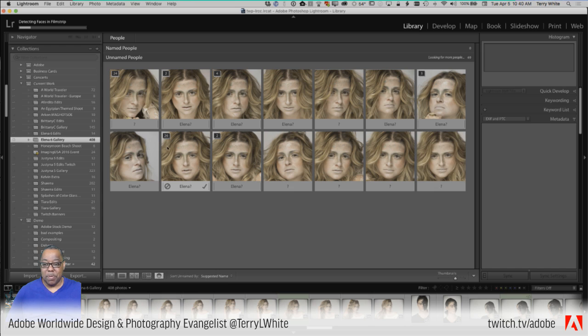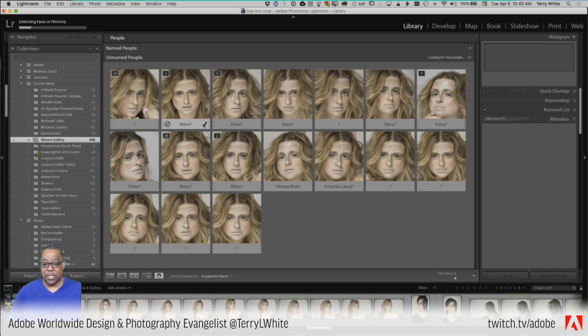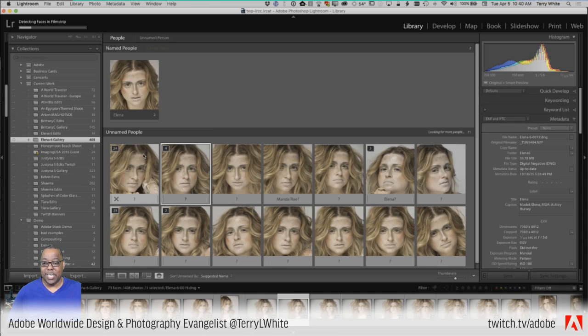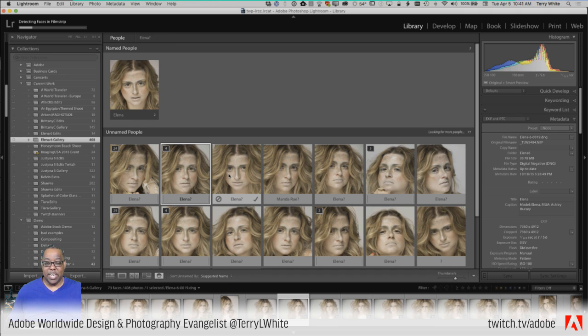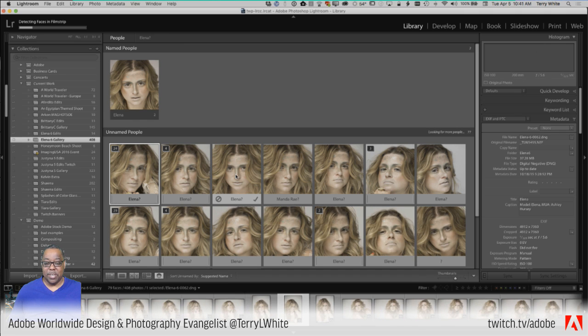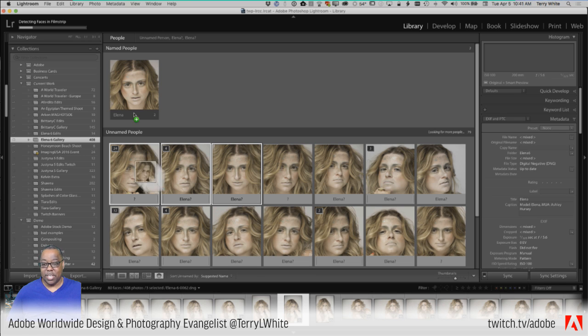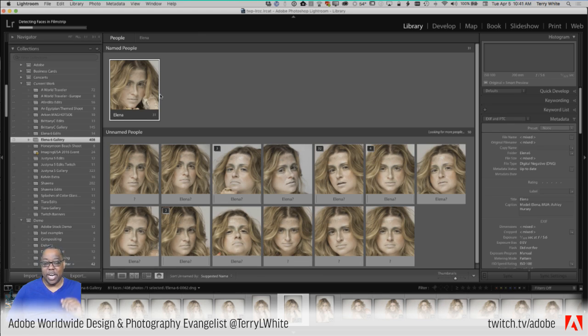All right, so the people view. So now it's doing this, and let's say I say, yeah, these are all Alina. So I check the box, and it's added the Alina people tag to those photos. And I could then say, you know what? Not only are those Alina, these are all Alina too. I can just drag them up, and that way I don't have to keep going click, click, click, click. I can drag all of those photos up.